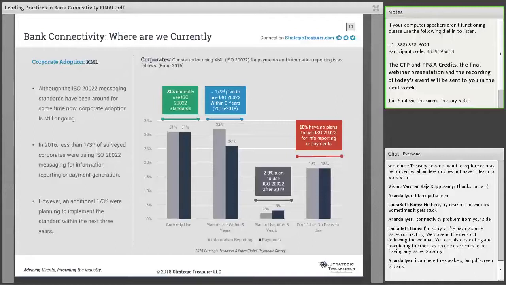So our next survey will be interesting to see where it is. Very few had plans that were out past 3 years. Most people don't plan that far. And then about 1 in 5, 18% there, weren't using and had no plans to use at all. So it's just interesting to see there becomes a point where the newer formats, when they're enriched, they might be better and more stable, but if you don't have many changes, you may not have the impetus to say we're going to make a move